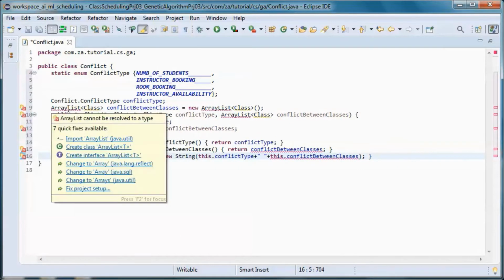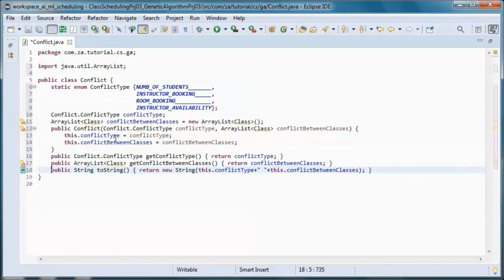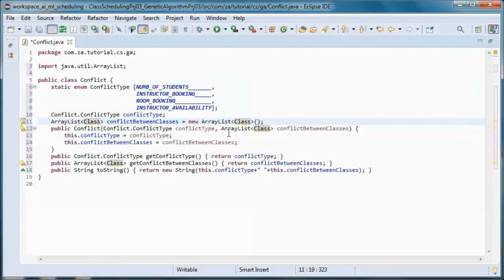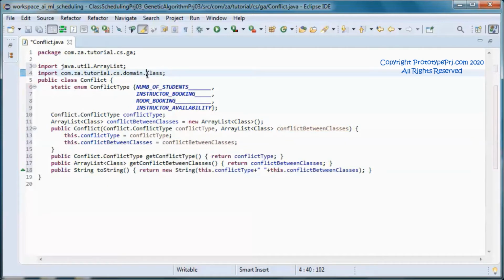So the constructor will take in a conflict type, which would be one of those, and which classes the conflict is in between. And let's import this from the domain package.